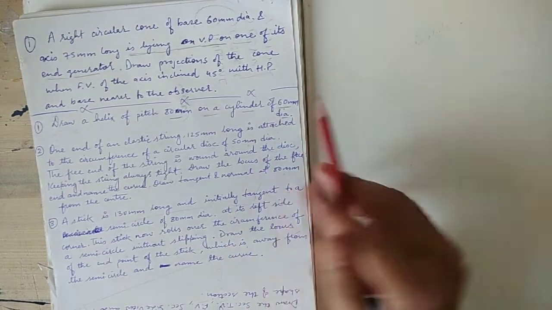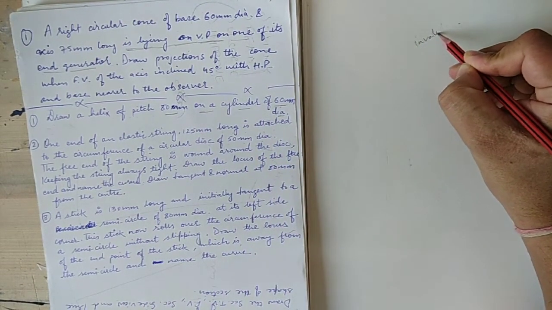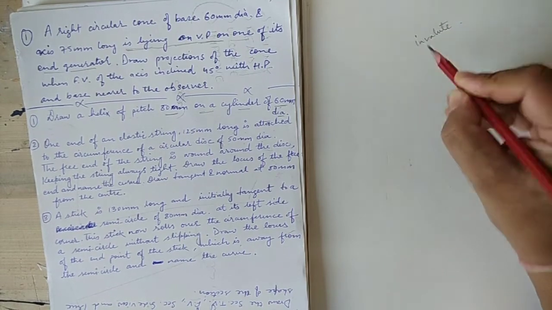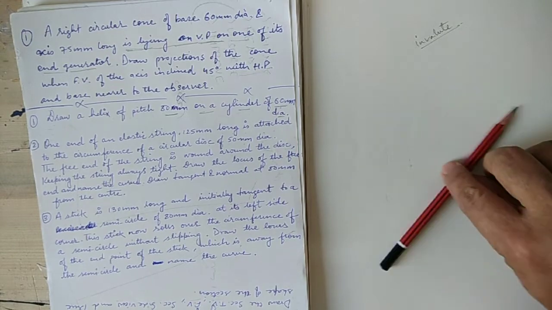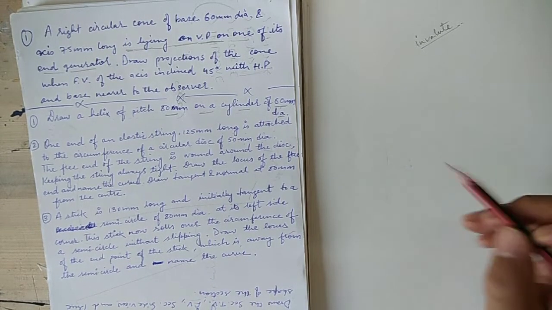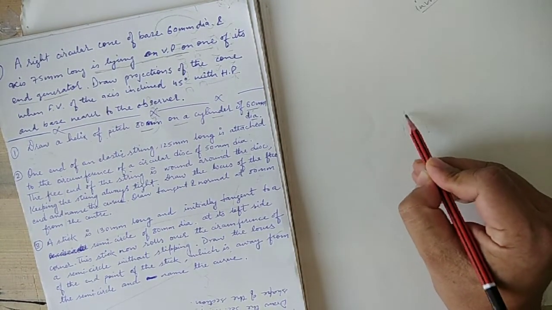The first part is class. This question is based on involute, the subtopic of your engineering curve. Involute means to wrap or unwrap any string, any cable around any shape. So now, one of the simplest examples is, suppose